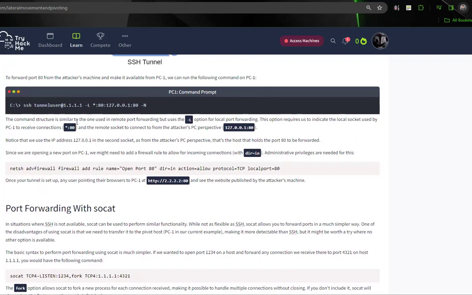The command is structured similarly to the one used in remote port forwarding, using the -L option for local port forwarding. This option requires us to indicate the local socket used by PC1 to receive connections, port 80, and the remote socket to connect to from our attacker's PC perspective. So, listening on this one, and then sending